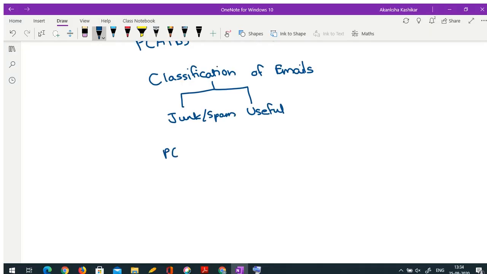Given a new email means, basically, given the text of that email. So given the text of a new email, if I can compute the probability of that email being spam, and if that probability turns out to be close to 1, then we can definitely say that this email is most likely a spam email. On the other hand, the probability of that email being useful given the text is close to 0, because these two are complementary probabilities, right? So I want to compute something like this. So how does Bayes theorem come in the picture?